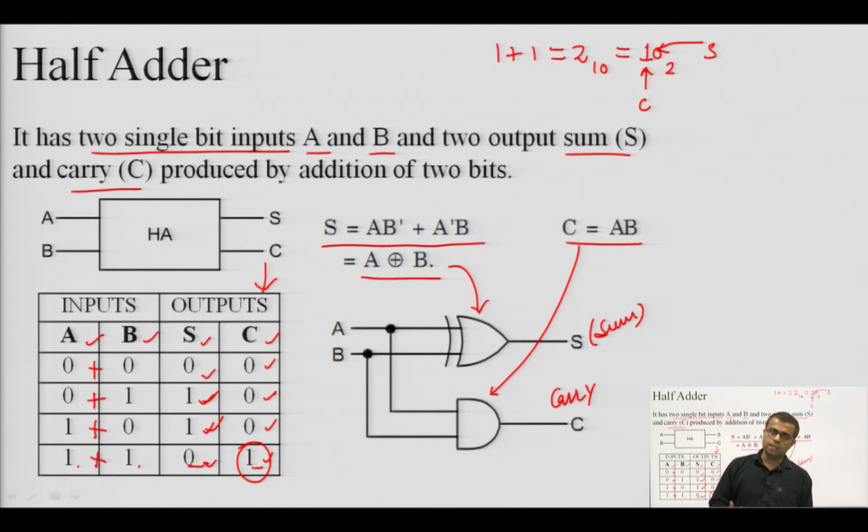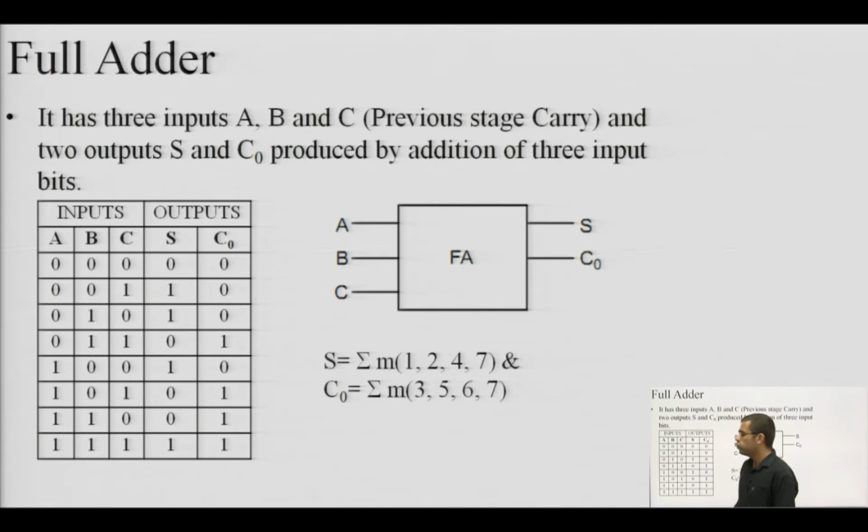Now, let us extend this concept to a full adder. What is the need of a full adder? How is it different from a half adder? In the previous half adder, we have seen that we can add 2 bits, but whenever we are adding, we know that in some stages there might be a carry from the previous stage. So, in that stage there will be a requirement of 3 bits to be added. In that case our half adder will not support the cause, because a half adder is only capable of adding 2 bits, that is A and B, to produce sum and carry.